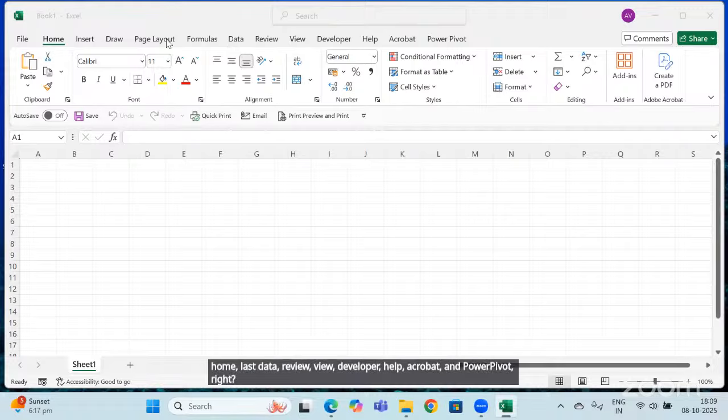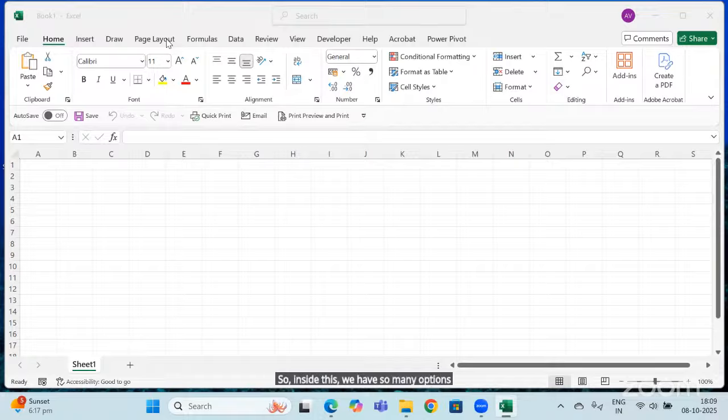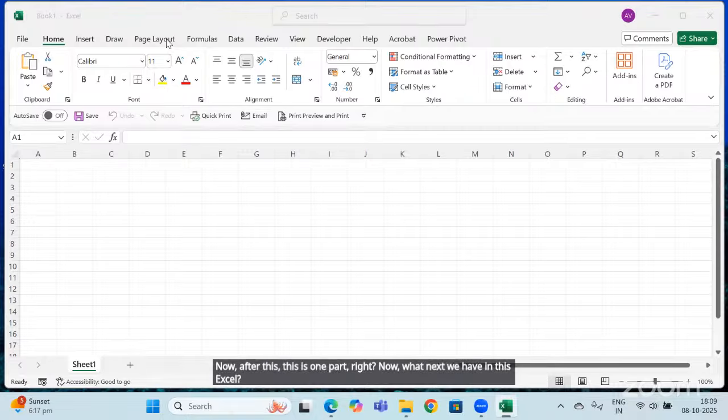Inside these we have so many options, so that we can manipulate our data with the help of these tabs. This is one part. Now, what next do we have in this Excel? Anyone else?